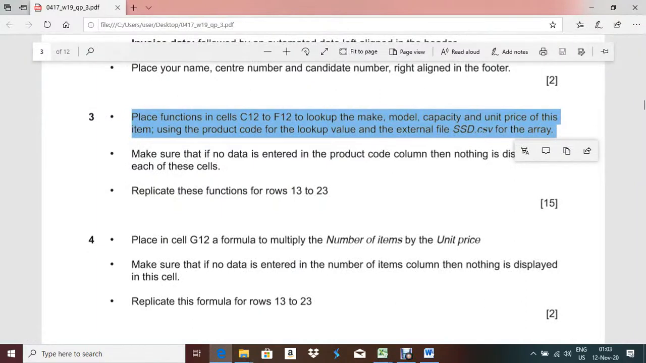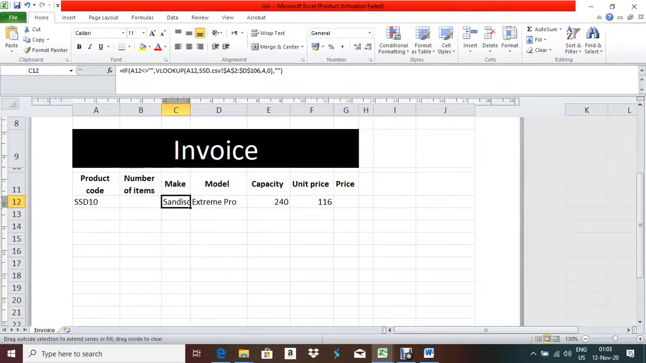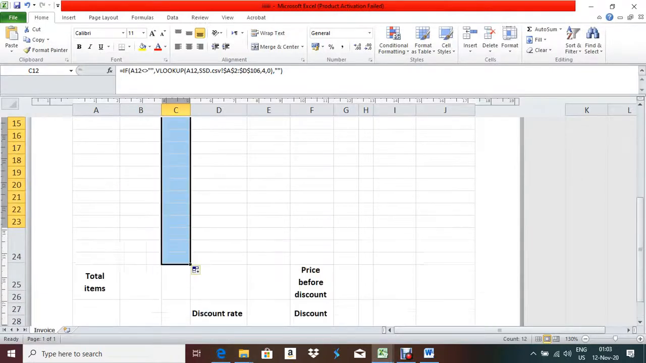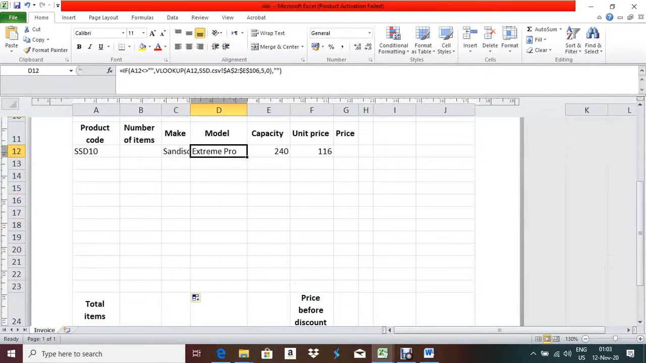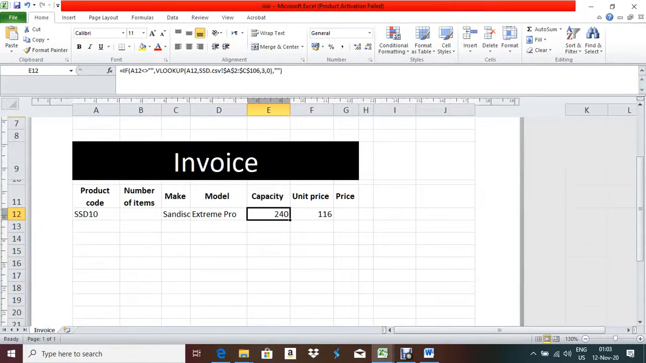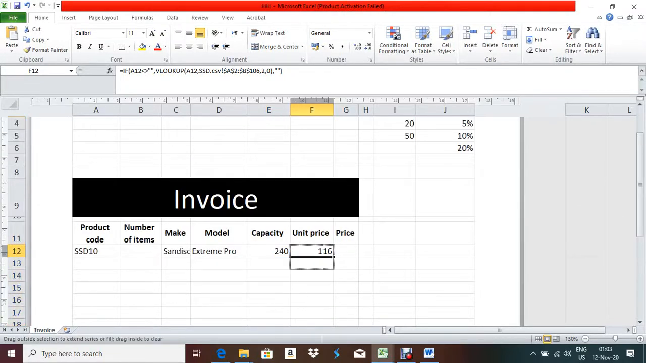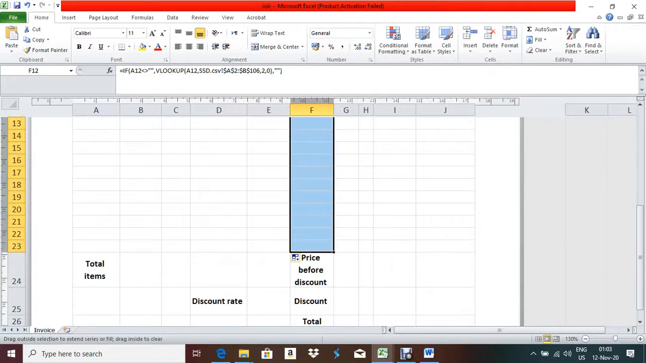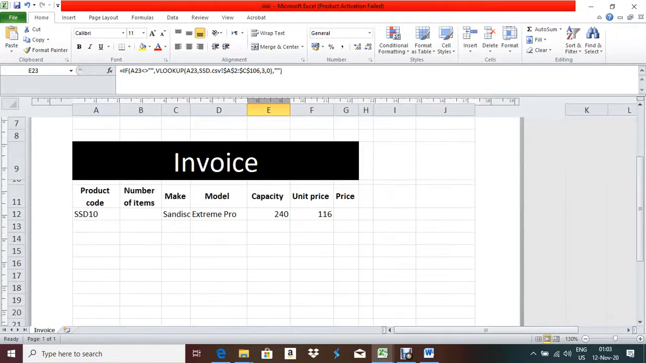Now replicate this function in rows 13 to 23. So you have to apply each and every function up to 23. This one is not showing any data because there is no product code. This is a little bit critical question. Okay, now if you check 23, some formula is visible, right? The formula is there, but due to no product code, it is not showing any value. Now next one,